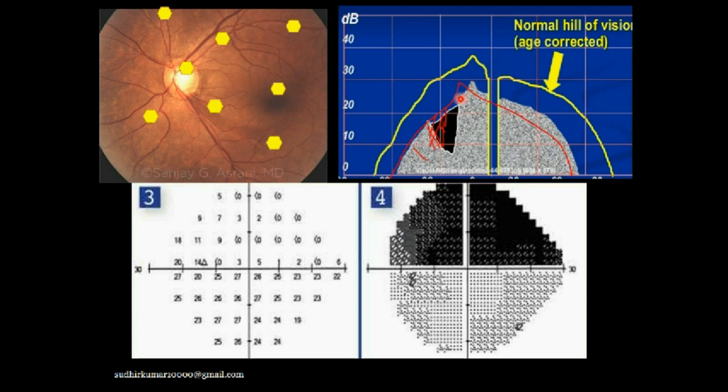At the same time, we may see a further depression in sensitivity in a particular area of the same patient. This area is more sensitive than this one, but as we know that this area is central to this, it should be more sensitive. Here you can see that the sensitivity is less than its periphery, which means the sensitivity is decreased for some reason, and such an area of decreased sensitivity as compared to its surroundings is called a scotoma.